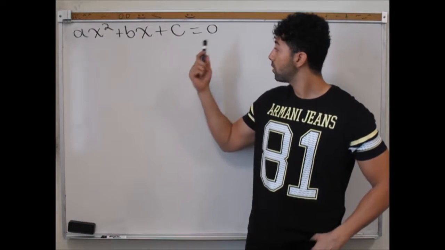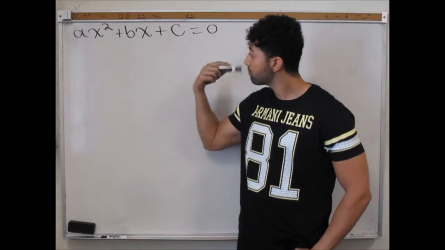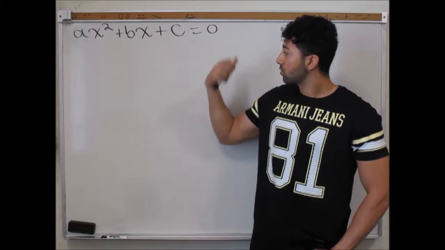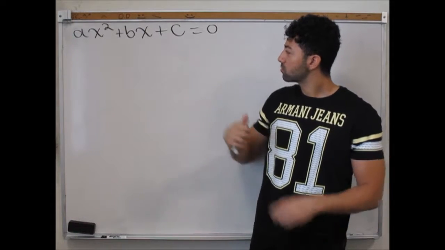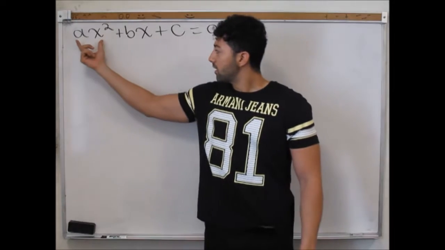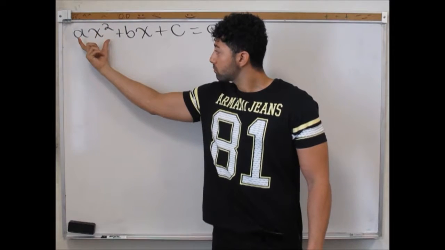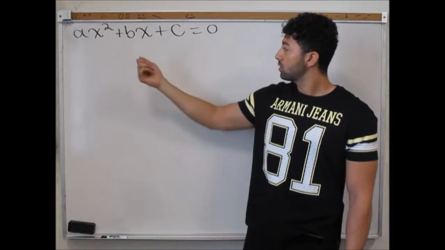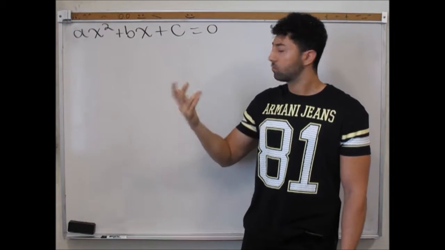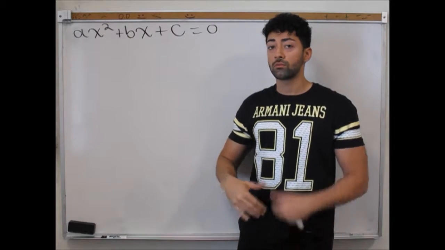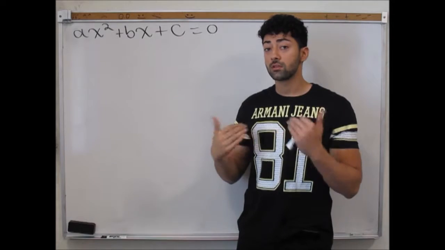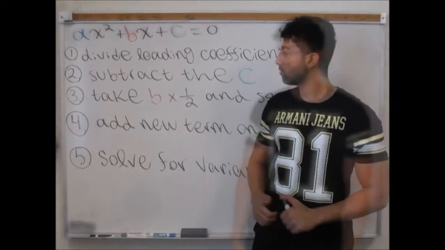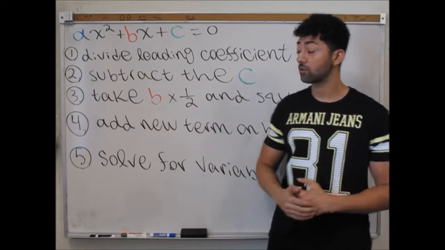So here I have a quadratic equation in standard form, and as you can notice, in a form like this, we can't isolate the squared quantity or variable. So in a case like this, we'd go about completing the square. I'm going to list the steps, and when we come back, we're going to do an example. Okay, so I've listed out the steps that we're going to take in completing